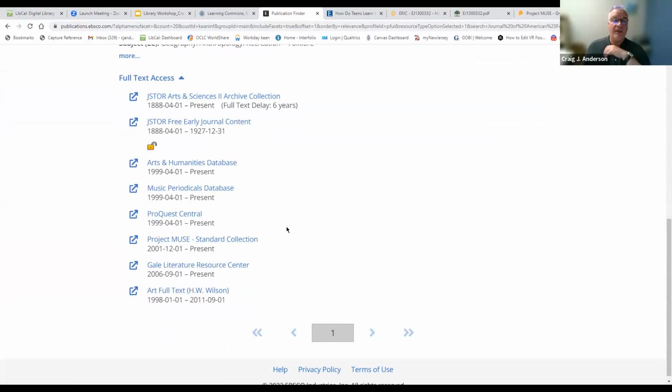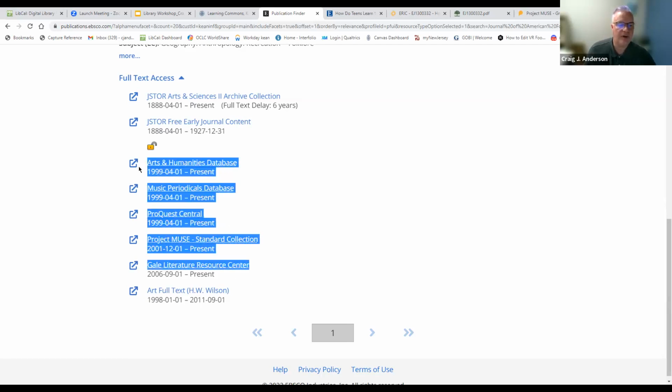And one thing to be wary of is that in some of these databases, it has it going all the way back to 1999 to the present. In fact, all of these are 1999 to the present, or this one's 2001 to the present, or 2006. But some of them have it for more limited areas. This one has it from 98 to 2011.